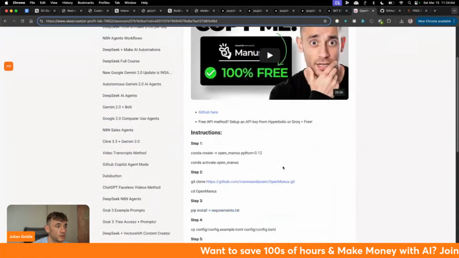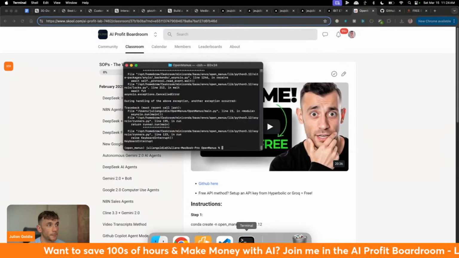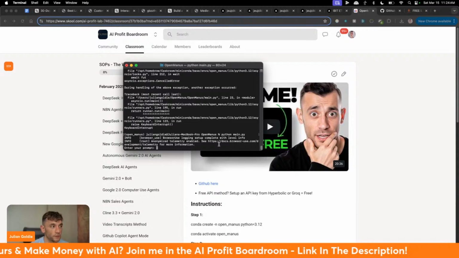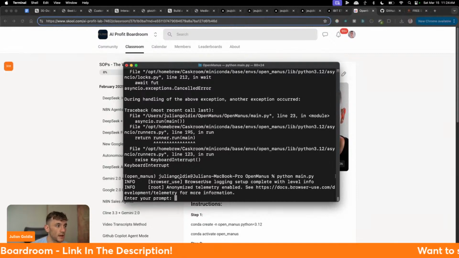Just need to copy the instructions. So let me grab the python main.py over here. We'll plug that in, we'll get that running. All right. And then once you've set up Open MANUS, which is kind of like a localized open source version of MANUS from what I understand, but it doesn't have such a nice UI,